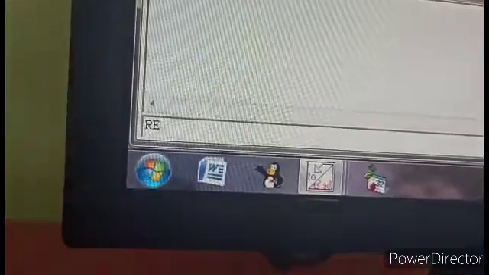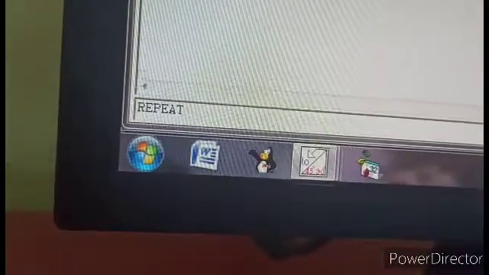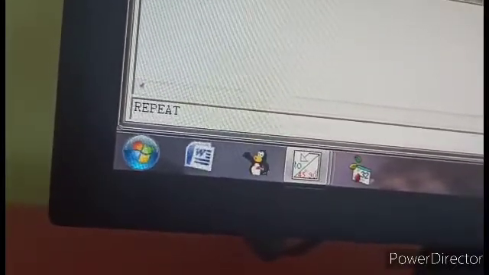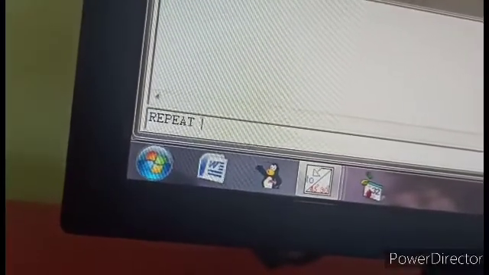Suppose I am drawing a square, the same shape, by the FD command and the RT 90 command. So how to do this? I have to write the repeat command first. R E P E A T, repeat. Then the third bracket, you can get the third bracket there. Repeat, 1 space.